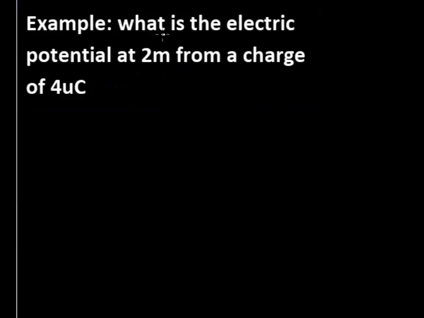Okay, so the question goes like this: what is the electric potential at 2 meters from a charge of 4 microcoulombs? So we have V. The point I'm looking at is the electric potential at the point which is 2 meters from the charge of 4 microcoulombs. Now we are going to apply the formula KQ